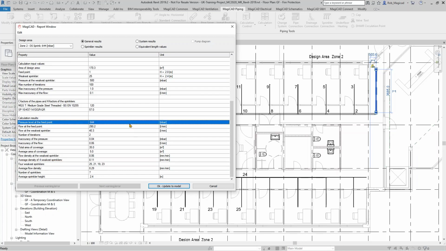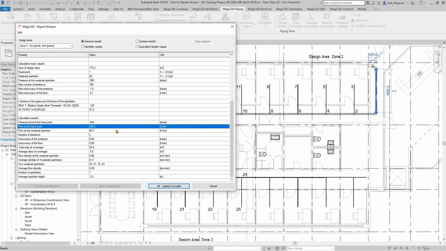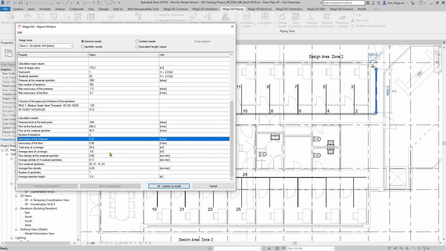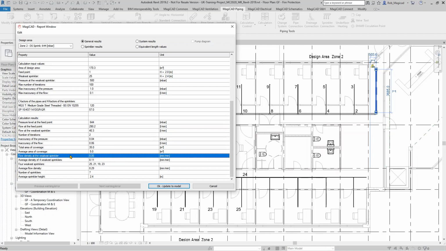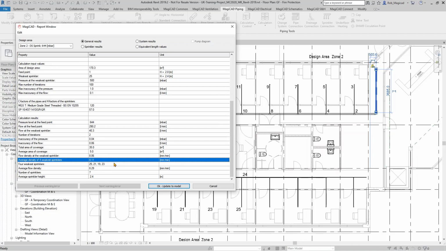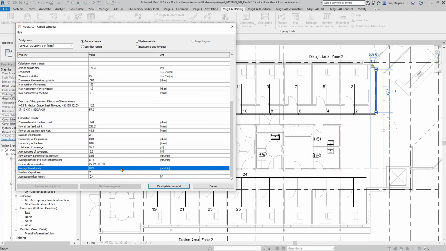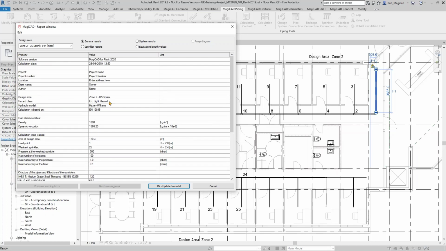And some of the key things are pressure at the feed point. So that's back here, right at the very start. I need 644 millibar to achieve the density that's required, and the flow at the feed point, etc. Then the next one is key: flow density at the weakest sprinkler is 8. I think I wanted 7.5, I'll show you that in a minute. So I'm well covered there. The average density of the 4 weakest sprinklers is also indicated, where they are referenced, the weakest sprinklers' average flow density, etc. So that's the summary of that